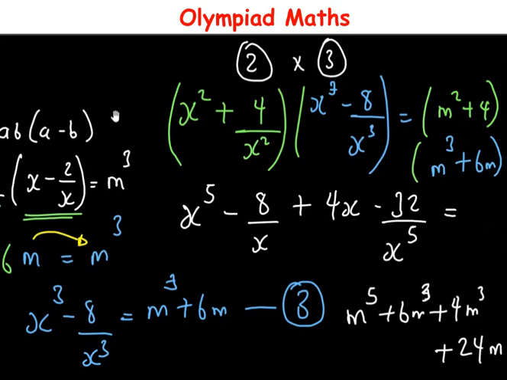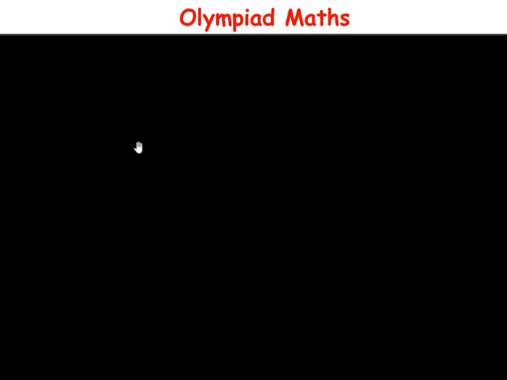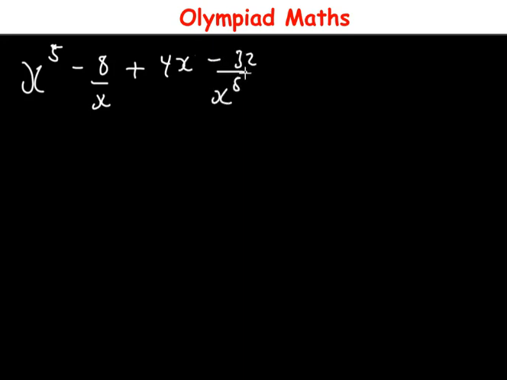So solving this over here, we have x raised to power 5 minus 8 over x plus 4x minus 32 over x⁵. Then this equals m raised to power 5 plus 6m³, then plus 4m³ plus